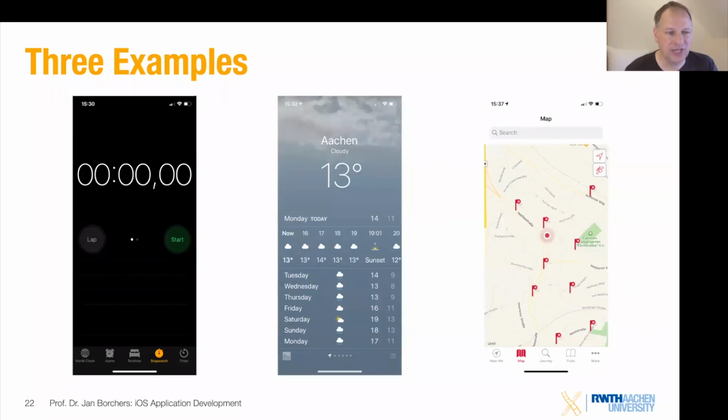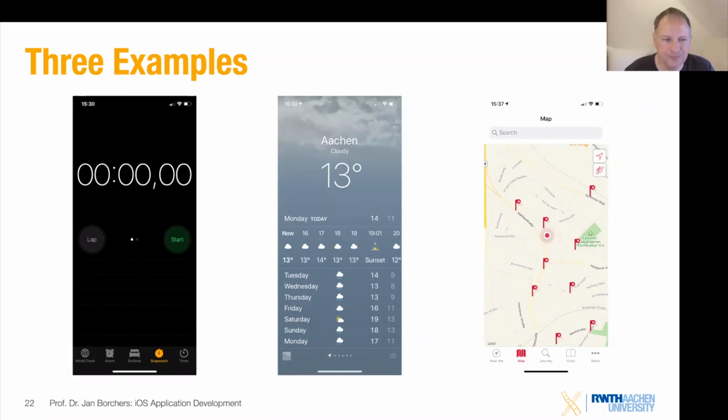So here are some examples of different applications. To the left here, we see the clock application currently being set to be the stopwatch. And some of the things we can see here is it's borrowing ideas from existing interfaces. So it's building on users' experience about pre-smartphone stopwatches. It's also putting the most important content front and center, and it's giving you fairly simple options here, right? Lap, start, etc. We could do a ton more with the smartphone stopwatch app. We could store 15 different lap times and have all these weird options, but we don't,